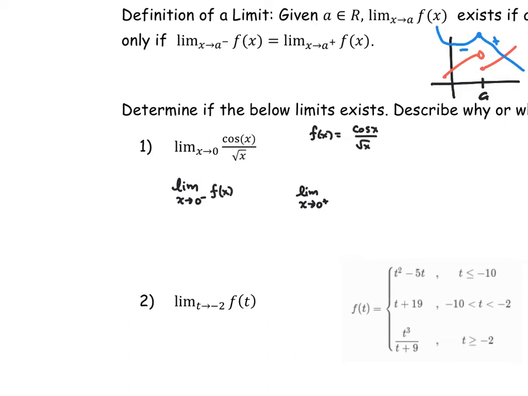Now, if you're thinking, you could think graphically. From the right, what's the cosine of 0? Well, the cosine of 0 is 1. And what's the square root of 0 coming from the right? Well, that's 0. Okay, so I'd like to say it does not exist. The limit does not exist. Now, there's a couple reasons why the limit doesn't exist here. One of them is that, well, clearly 1 over 0 isn't going to exist, but